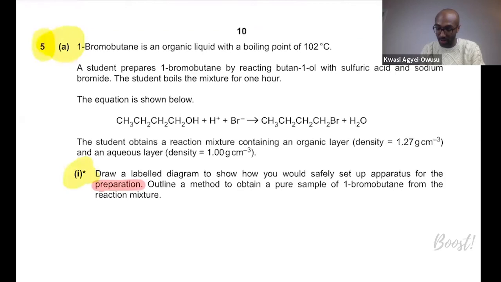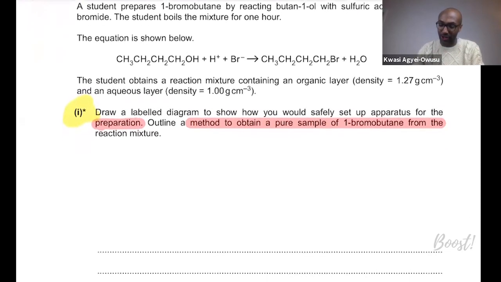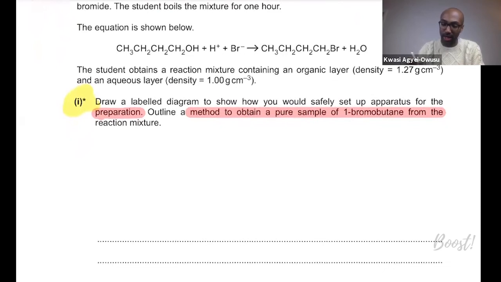Okay, so the method to obtain a pure sample of 1-bromobutane from the reaction mixture. Draw a labelled diagram to show how you would safely set up the apparatus for the preparation of the halogenoalkane. Well, in this instance, you're going to require a reflux. So you're going to have a round bottom flask or a pear-shaped flask, doesn't matter. You're going to insert a condenser via a quick fit